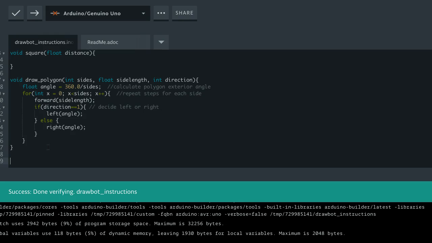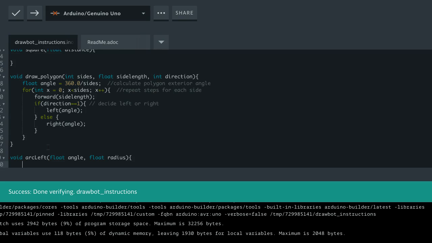Okay, and so here's how we're going to do that. We're going to make a function, we'll start with left, so arcleft. Okay, and so we're going to have two arguments here. We're going to give an angle and a radius. Okay, and so what this is going to do is it's going to draw an arc that has a radius that you input,